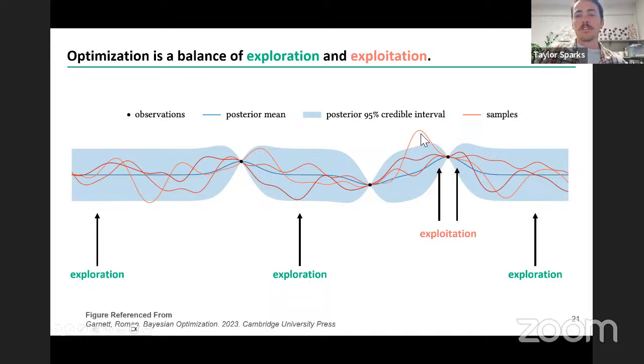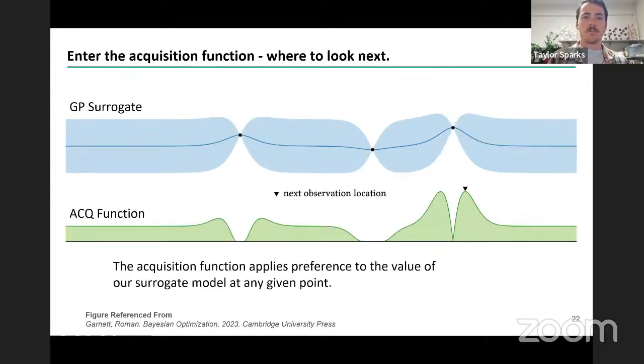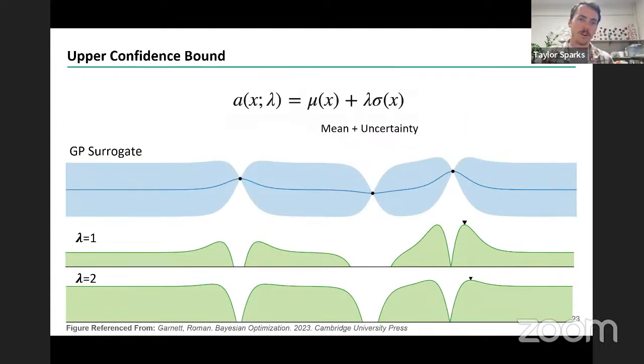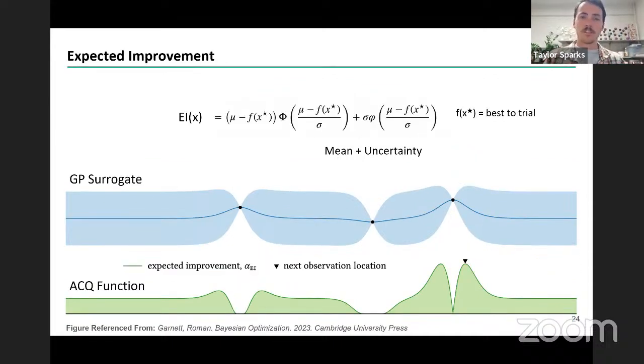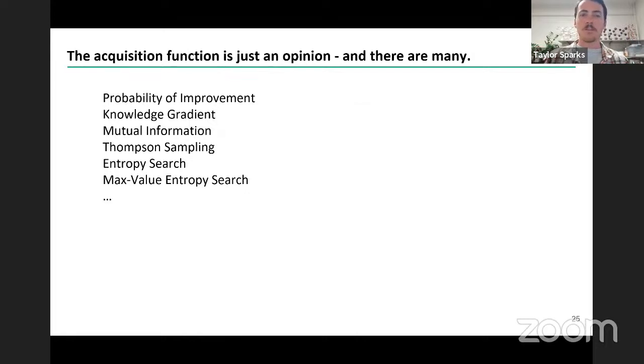Or maybe you prefer to say, okay, that was good, but look at these big bands of uncertainty that we have out here. Maybe this is where we ought to be looking, because maybe it's going to be our next winner. So that would be exploration. To explore this trade-off between exploration and exploitation, we enter the acquisition function, which is really just the tool that we're going to use to tell us where to look next in this optimization process. And there's a gazillion different acquisition functions you can use. Here's upper confidence bound, which uses the mean and the upper value of the uncertainty. There's expected improvement, which does it in a kind of similar way. And there's many, many others that you could choose from.